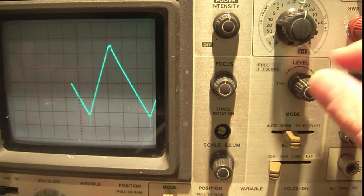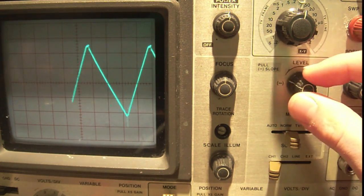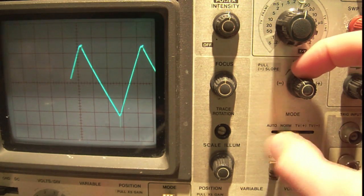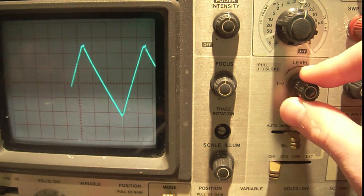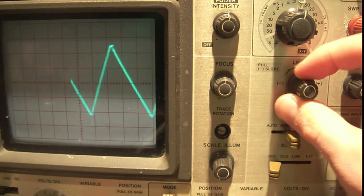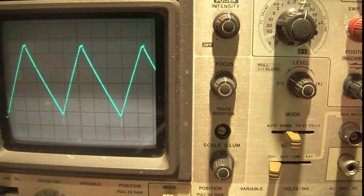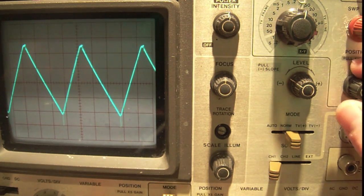Right? So if you had a digital scope or a digitizing scope, it could actually get it to display that level. But in this case, you can just vary your level. So you see this negative slope, it's when it's going down through that level, and the positive is when it's going up through that level. So if we set our horizontal position back to normal again, here's another neat feature that you can